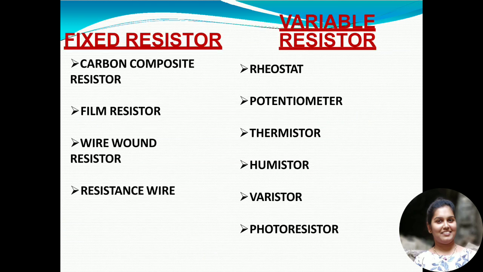The resistor is the component which plays a major role in allowing current into the circuit, and the amount of current that flows is decided by the resistor, and the value of the resistor plays an important role